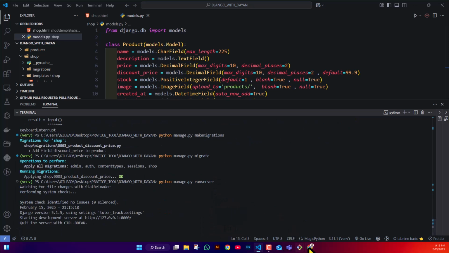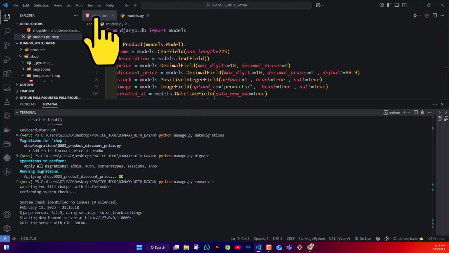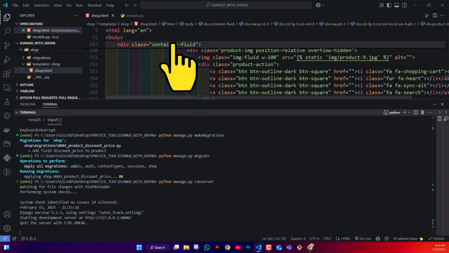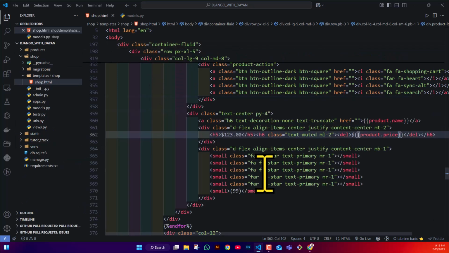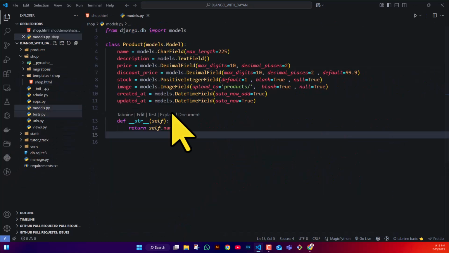So our server is running. If I go back to my HTML for the shop, I can change the discount price to be here. Then I'm going to copy these tags here, and now this should be discount price so that we can have